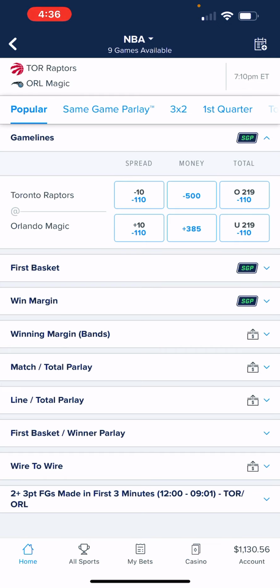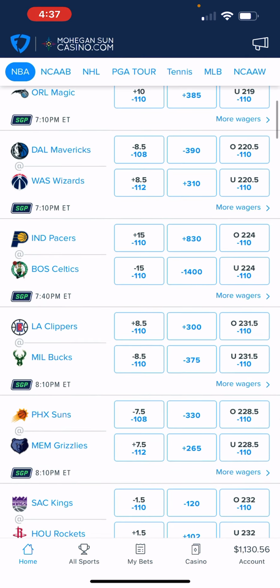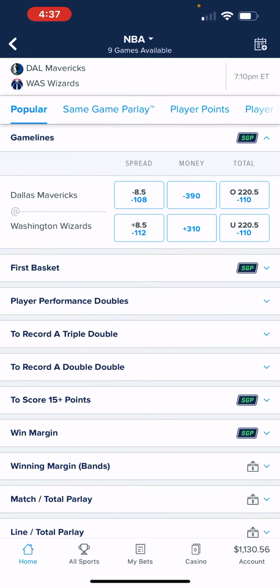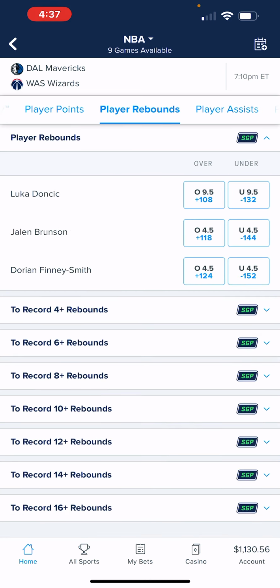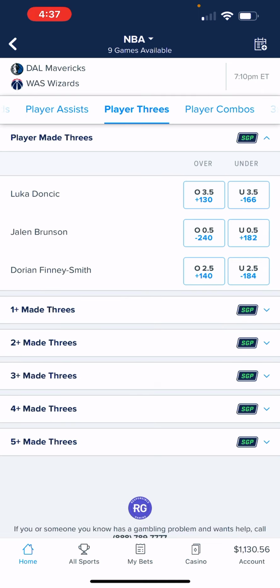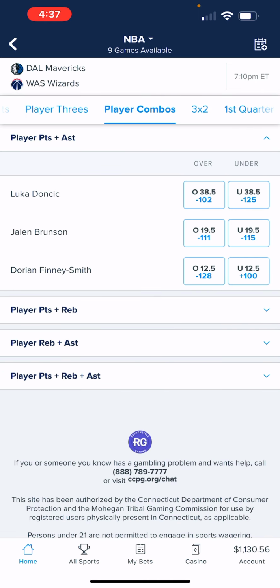So I'm going to go back and see if I can find one. And yes, this one has it. So if you see here, player points, rebounds, assists, 3-pointers or combos, those are the props.